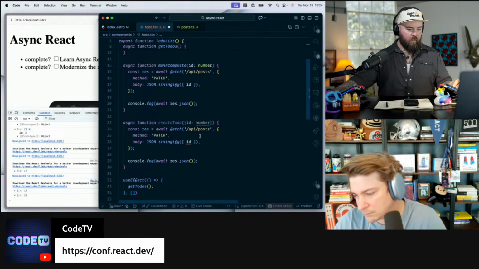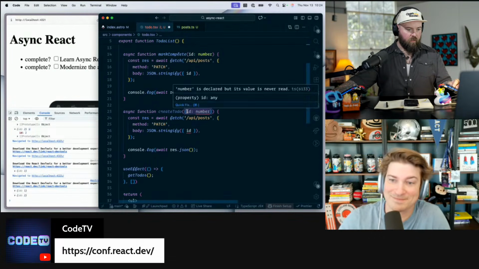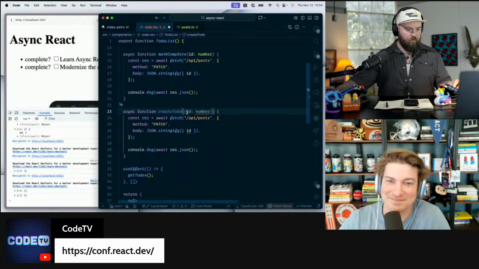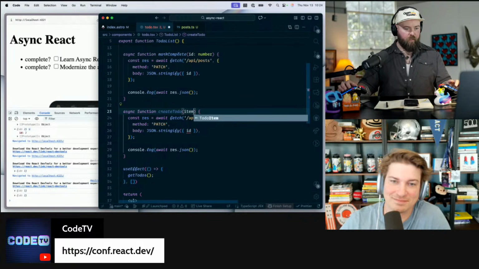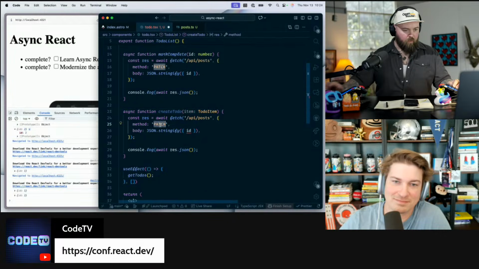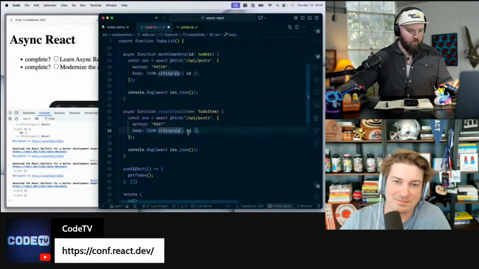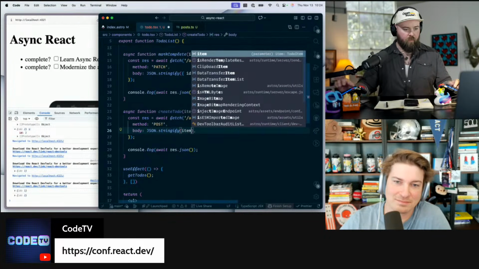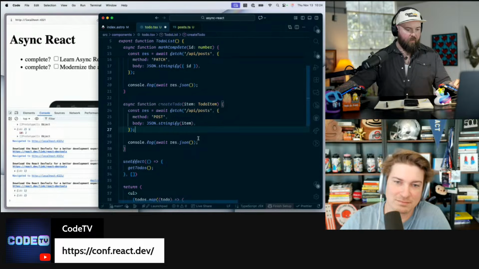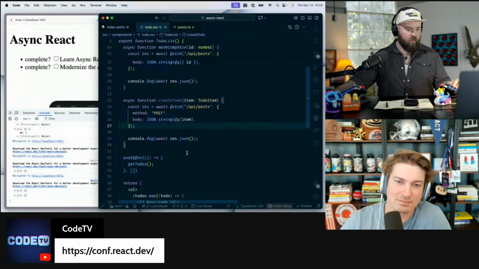And then down here, we can say todo, which is our item, which is going to be TodoItem. And this one is going to be a post. And we are going to put in the entire item. And so what we expect out the end of that is that it's going to give us the whole thing.